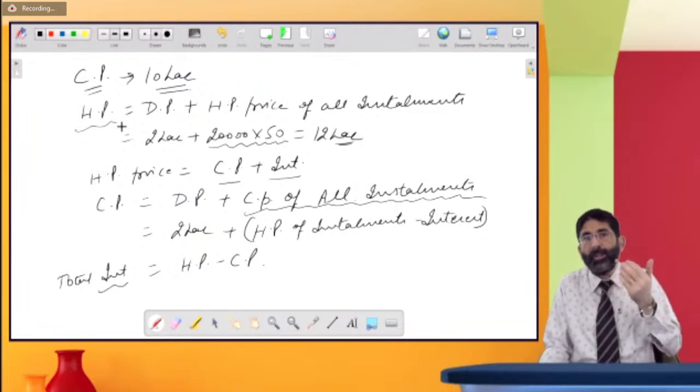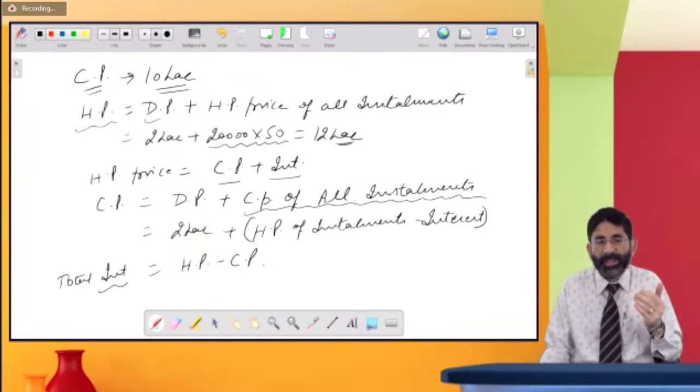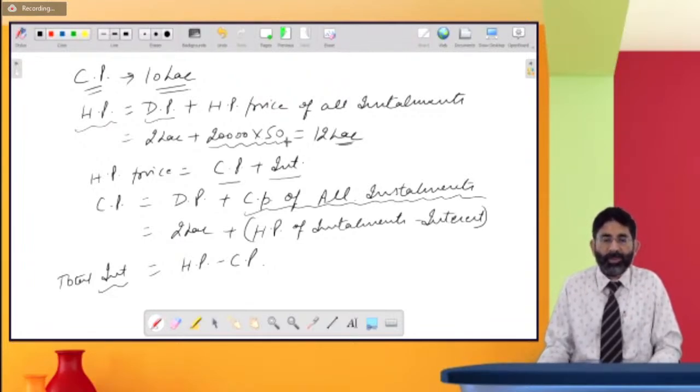आता है, अगर हमें कभी कैलकुलेट करना पड़ जाए। तो इसमें एक तो डाउन पेमेंट आ गई, एक इसमें एचपी प्राइस ऑफ ऑल इंस्टॉलमेंट्स आ गया, जितने भी इंस्टॉलमेंट्स हैं उन सभी का एचपी प्राइस जो है वो ऐड कर लो, तो यू विल गेट द टोटल एचपी प्राइस। तो इसका मतलब ये हो गया, एचपी प्राइस के कई मीनिंग निकल रहे हैं। एक तो ऐसे निकल सकता है एचपी प्राइस, दूसरा एचपी प्राइस को कैसे निकाल सकते हैं हम लोग सीपी में कैश प्राइस में इंटरेस्ट ऐड कर देंगे, तो भी आपका एचपी प्राइस आ जाएगा।